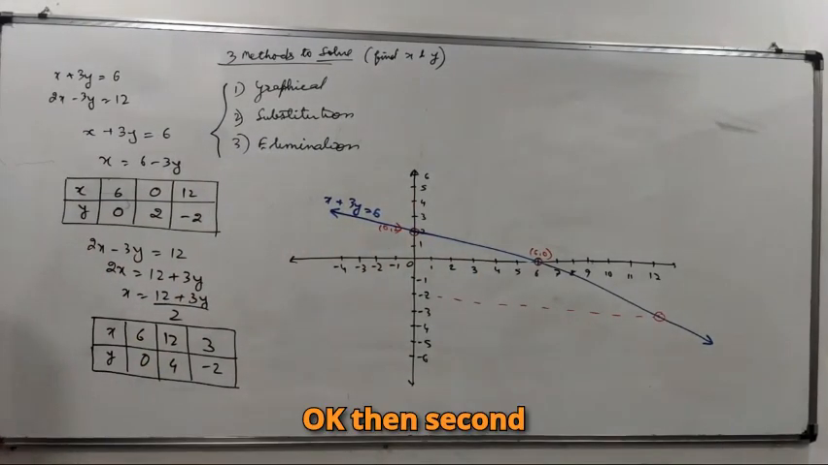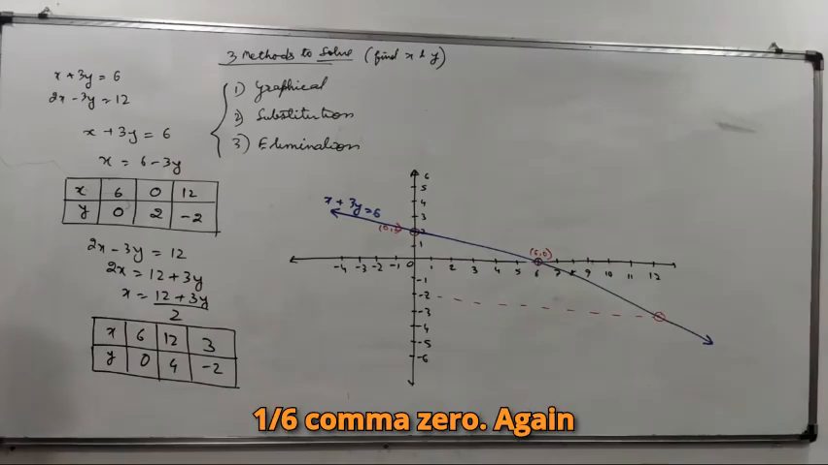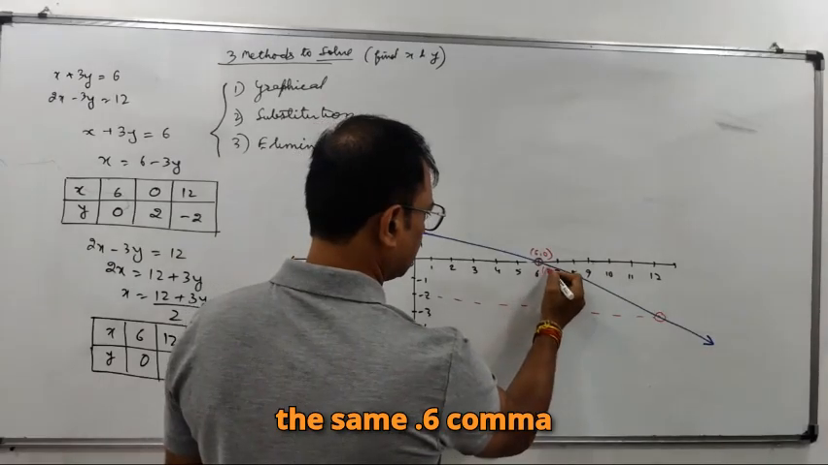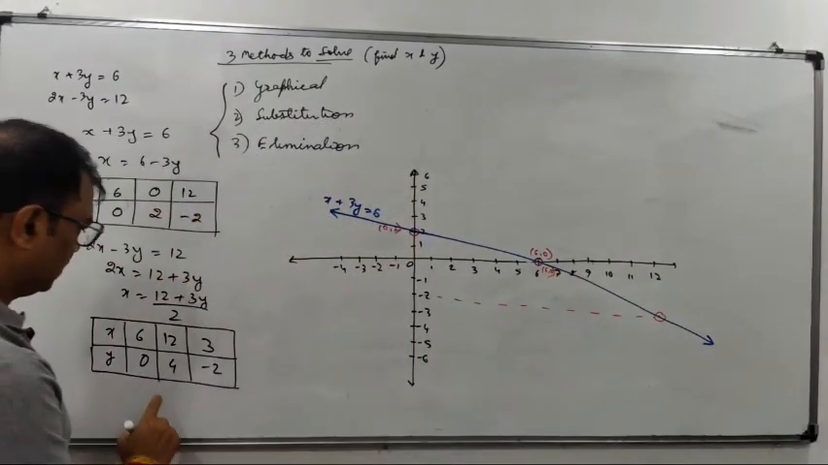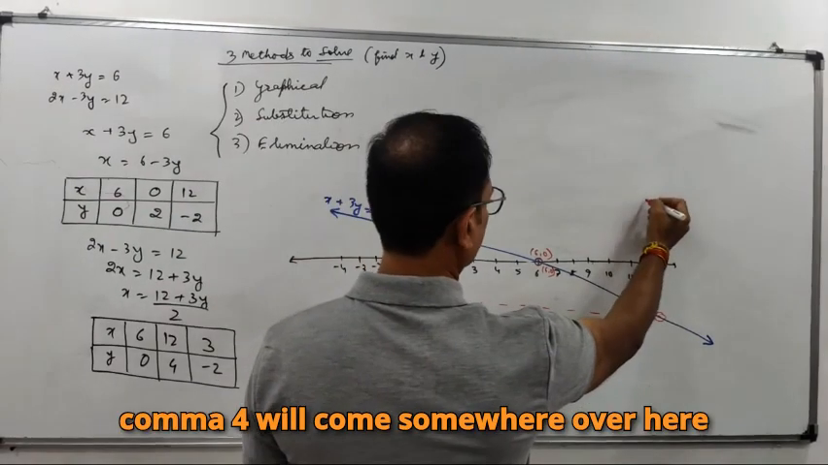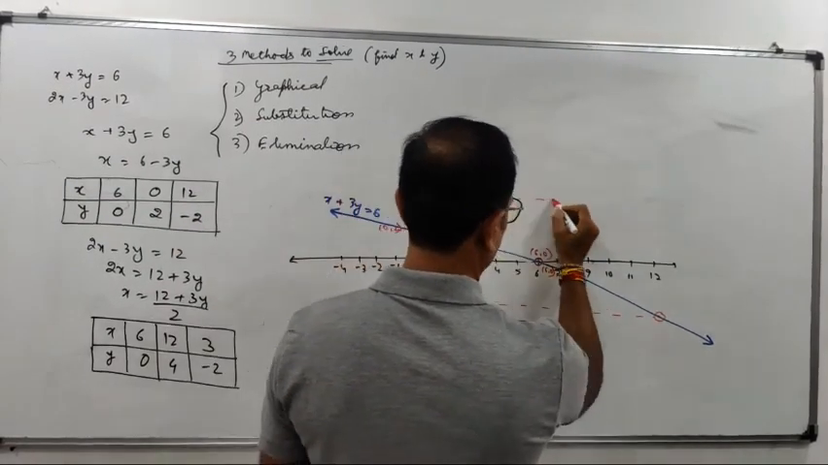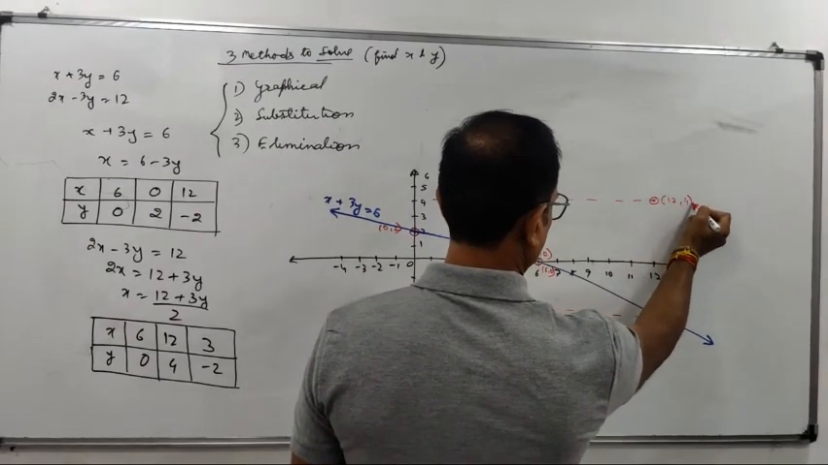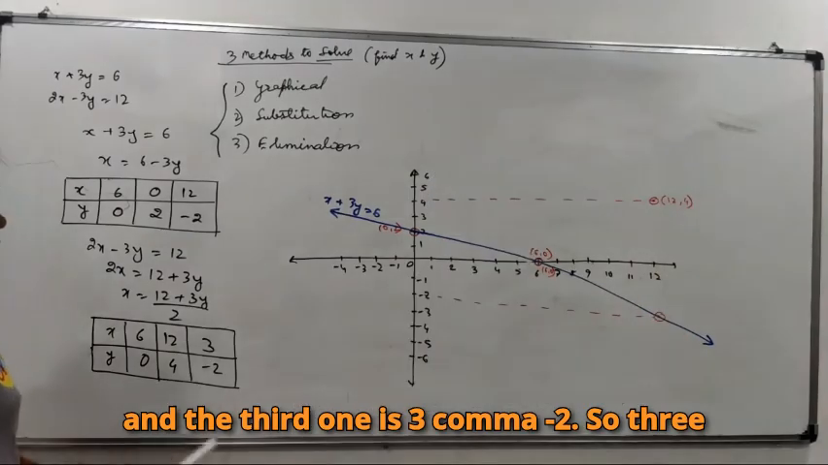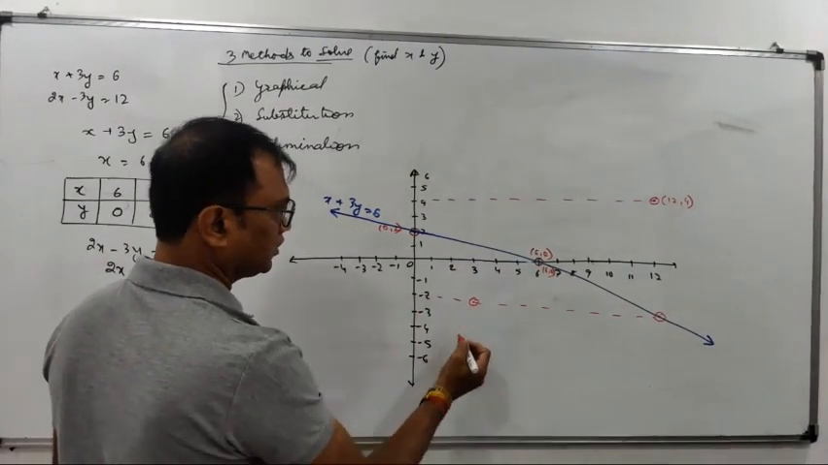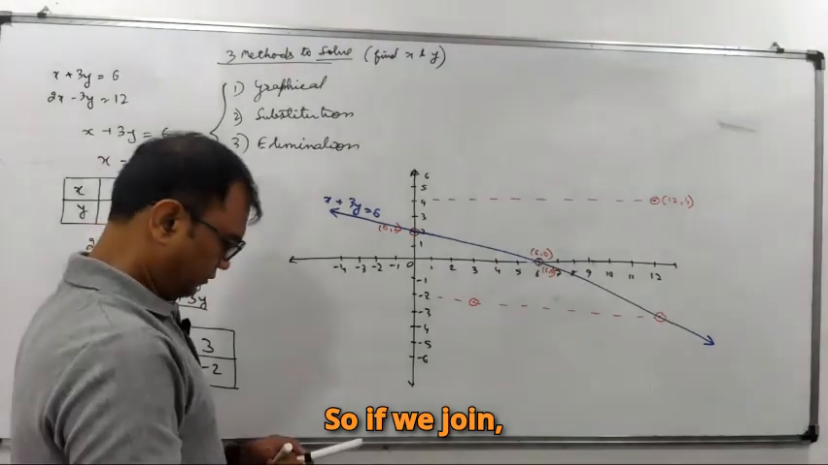Okay. Then second one, 6 comma 0. Again the same point, 6 comma 0. 12 comma 4. 12 comma 4 will come somewhere over here. And the third one is 3 comma minus 2. So 3 comma minus 2 will come somewhere over here. So if we join,